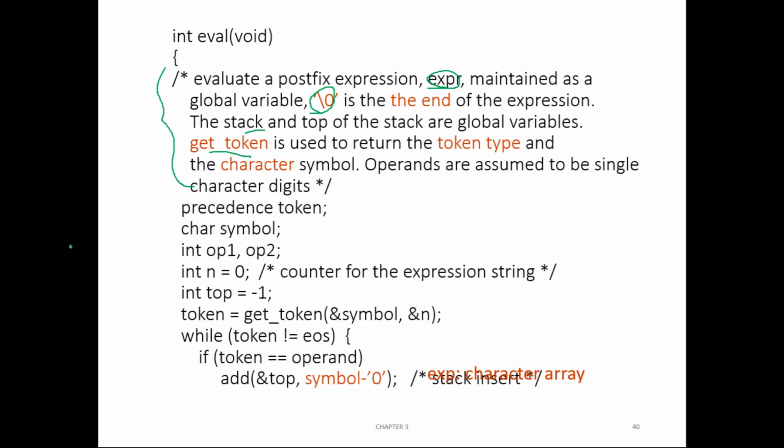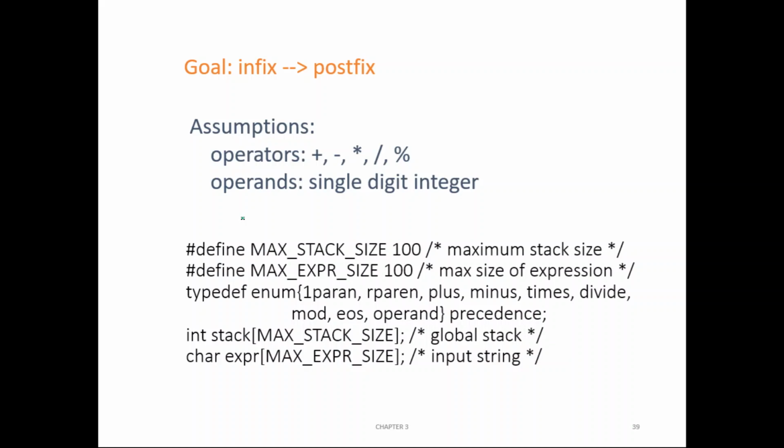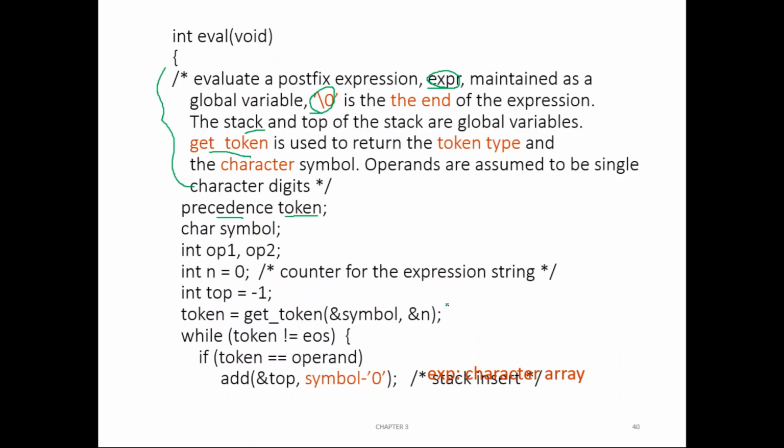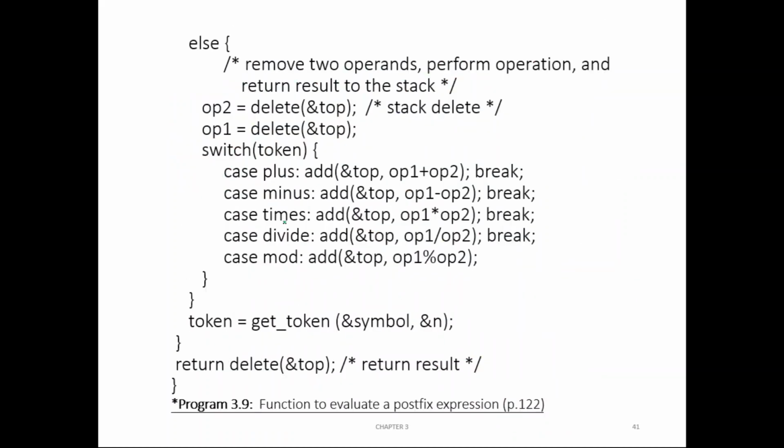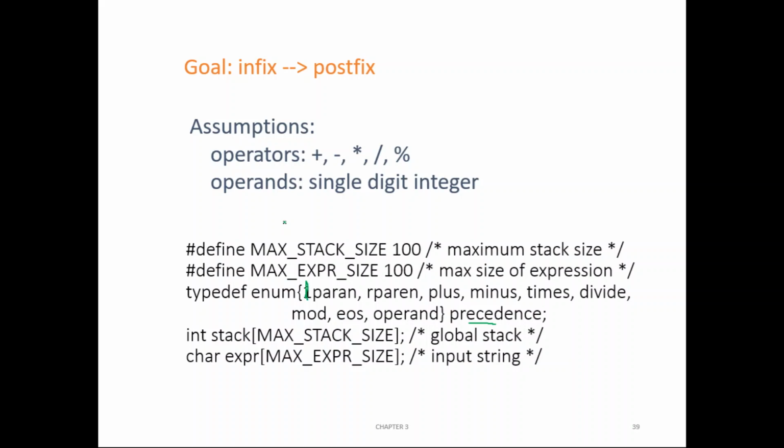So first, what we are doing is we are creating a variable for the user defined data type precedence. Here we have discussed precedence. Precedence is an enumerated data type which includes all these things: left parenthesis, right parenthesis, plus, minus, everything. And the name of the user defined data type is precedence. For that, we are creating a variable called token. So token can be any one of these. Whatever the token we are going to read from the expression, it can be either left parenthesis, right parenthesis, or plus or minus, or multiplication or divide or modulo or end